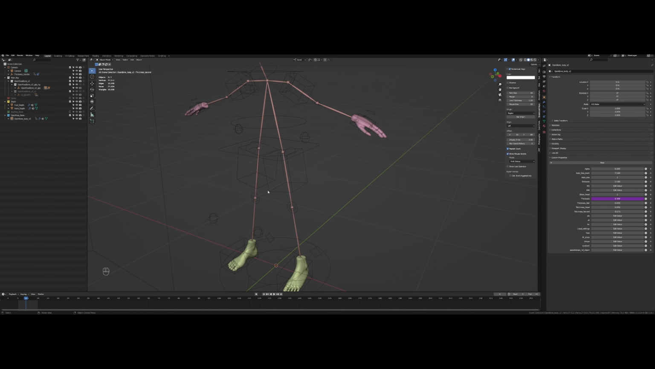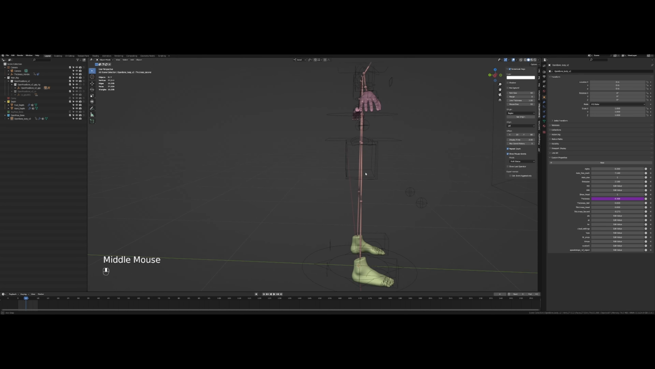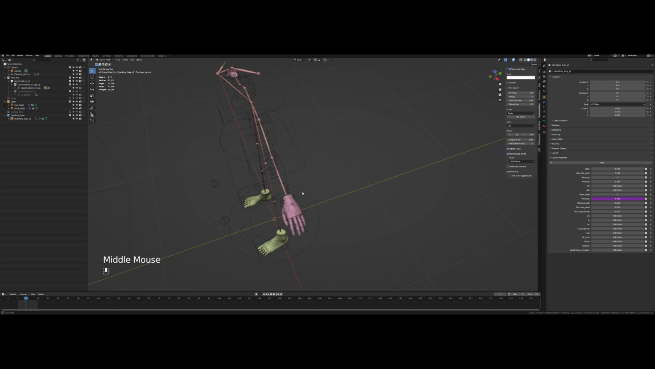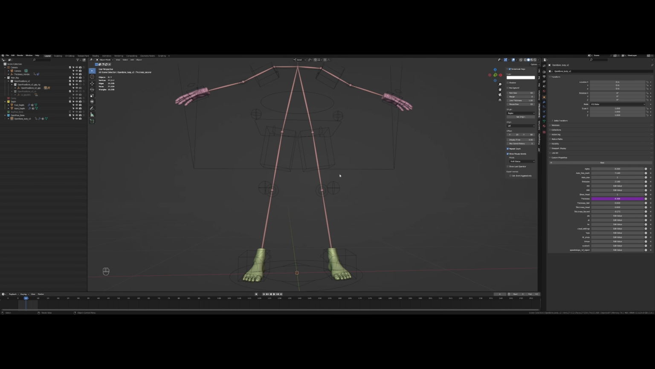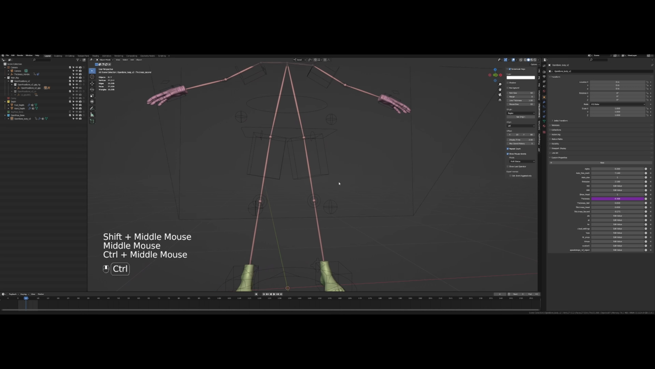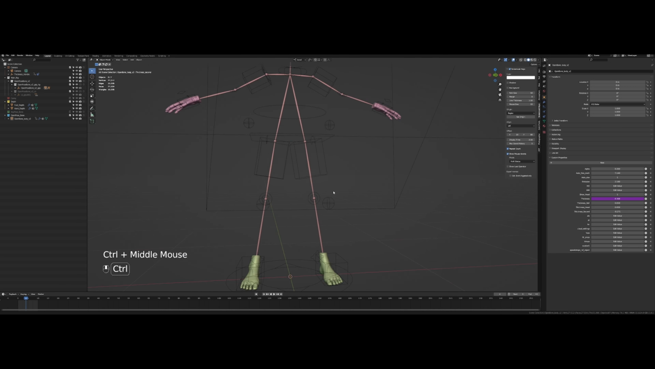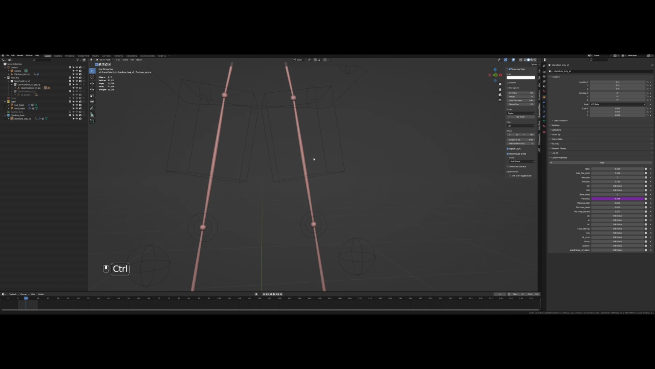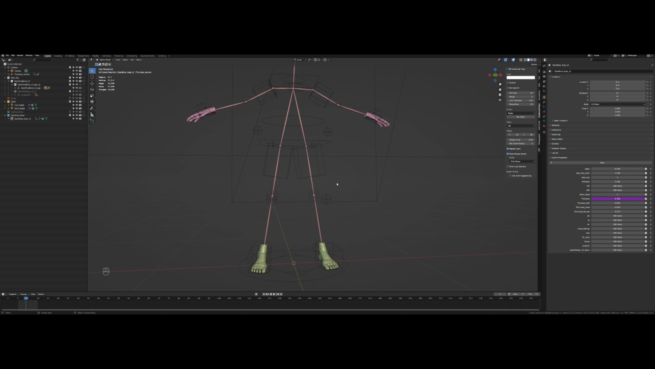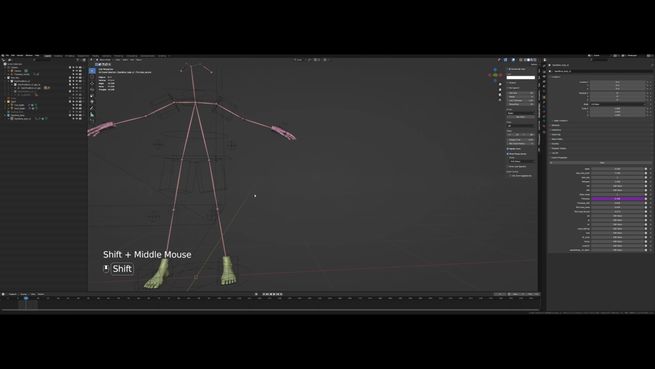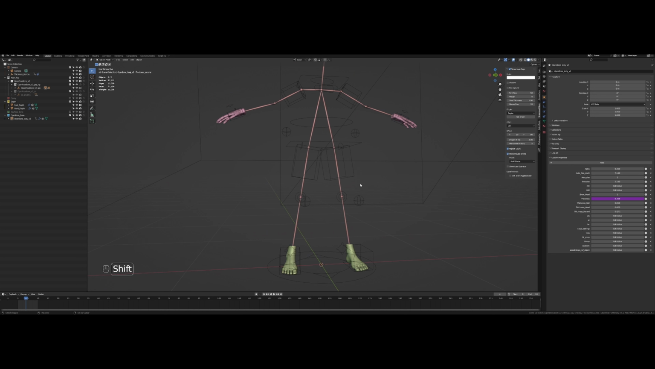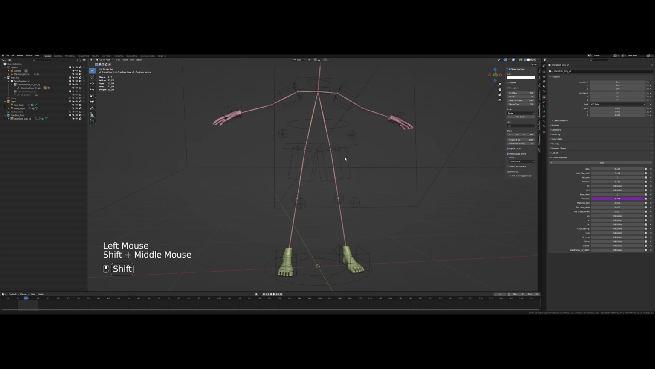So to navigate the camera, use your middle mouse button. This is the rotate, like so. To zoom in and out, drag with the control button and middle mouse button, like so. Lastly is panning, which is the shift and middle mouse button held down together, like so. Okay, great. Now that you know how to maneuver in 3D space,